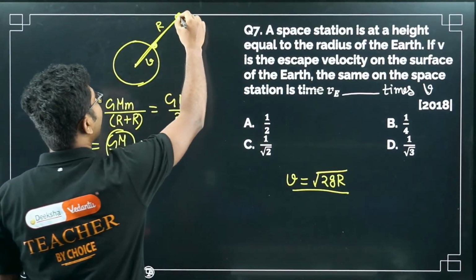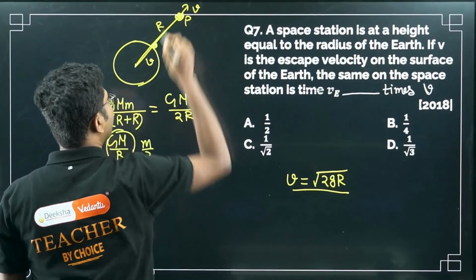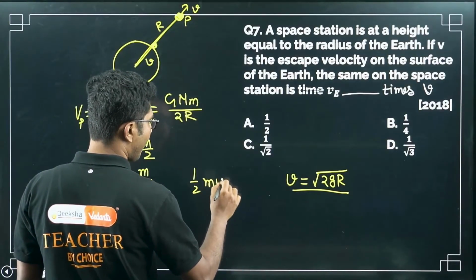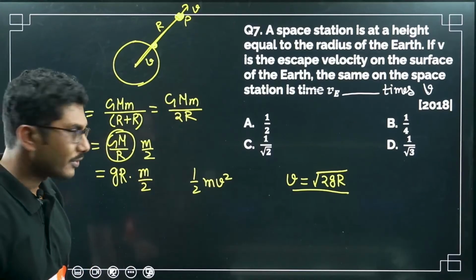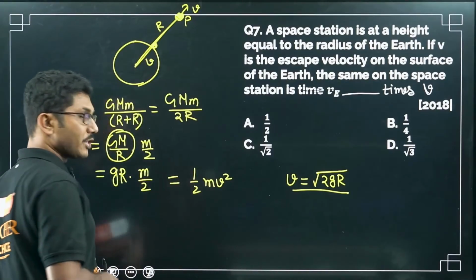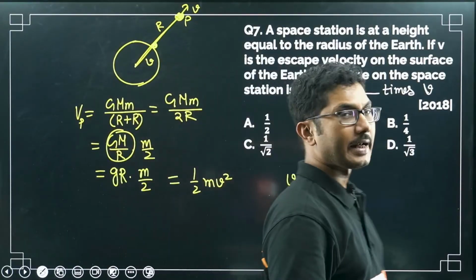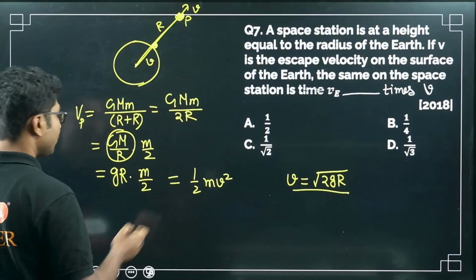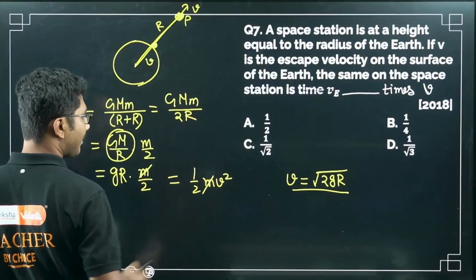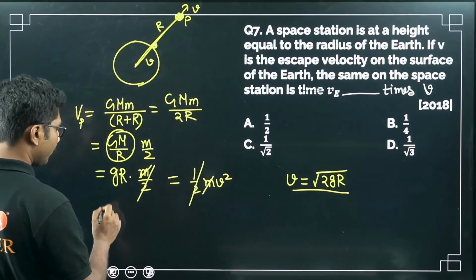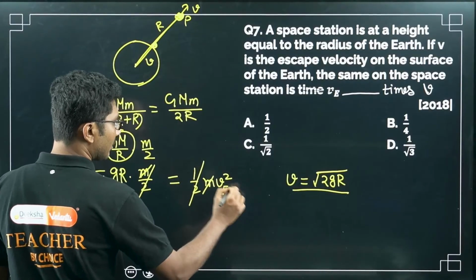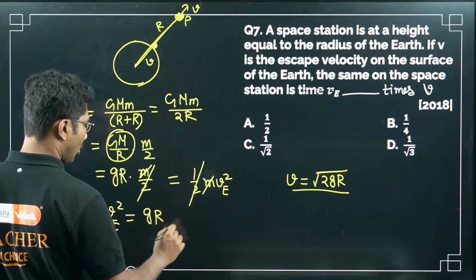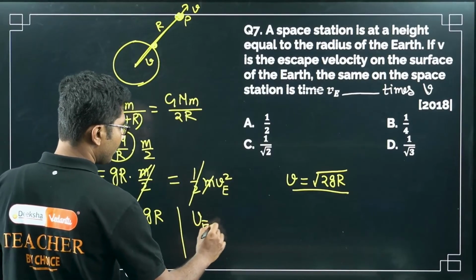Now if we give it an escape velocity v, then what will be the kinetic energy? The kinetic energy will be half mv square, and that should be equal to the potential energy, so that it can evade Earth's total attraction and reach infinity. So they have to be equal. Now we can cancel m, and this half will also cancel. So v at this point, suppose it is ve, so ve square equals gR,